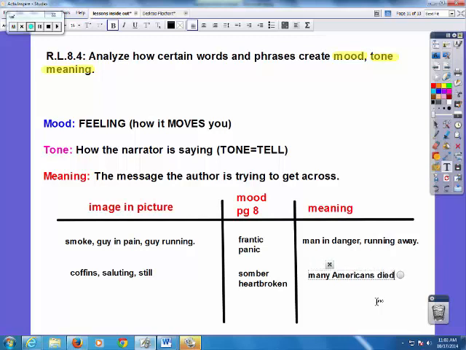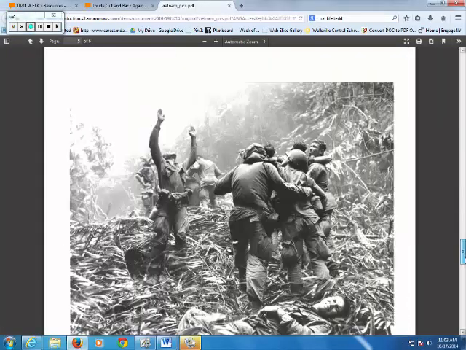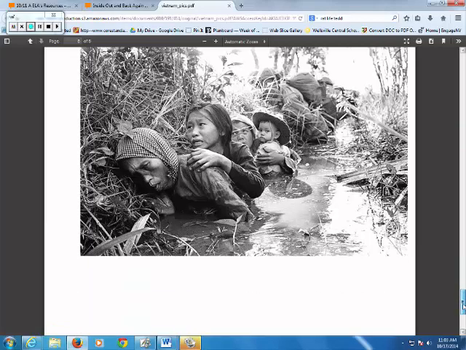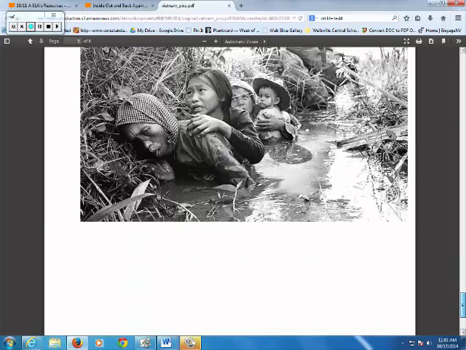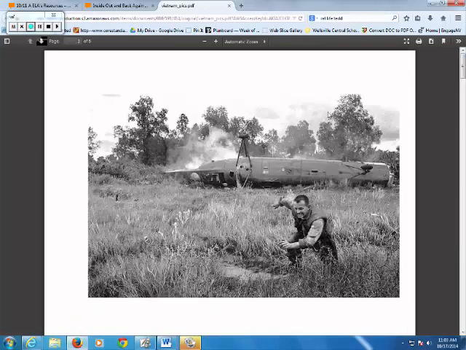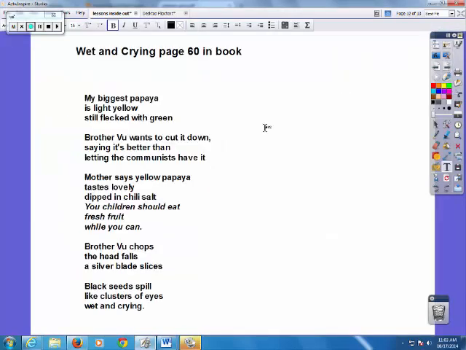Okay, so now you get the idea. So in your notebook you should have this. This is not in the packet, this chart. You have to draw this in your notebook and go through and do the rest of the pictures. Find the images that are shocking to you, and then write a mood word and what message you think the author was getting across. So after you do that, you're going to turn to page 60 in the book